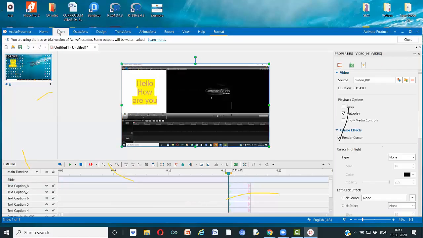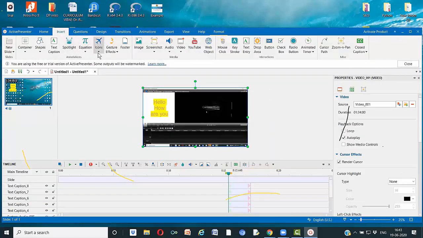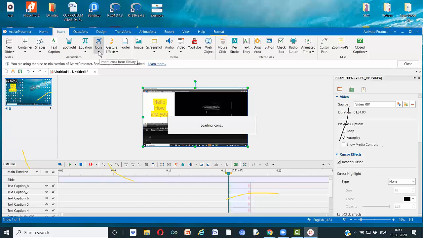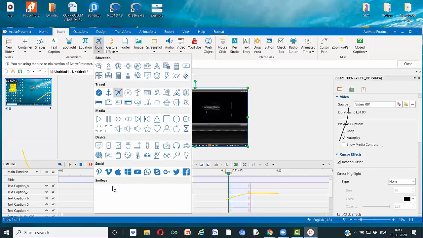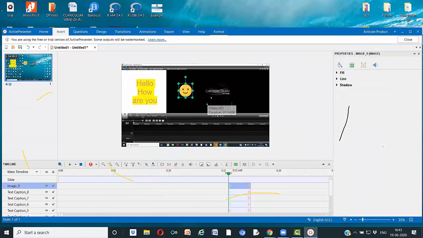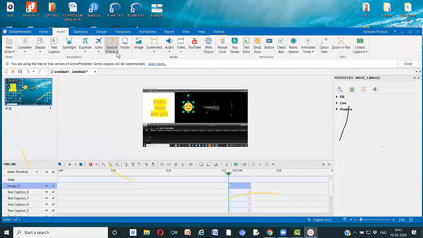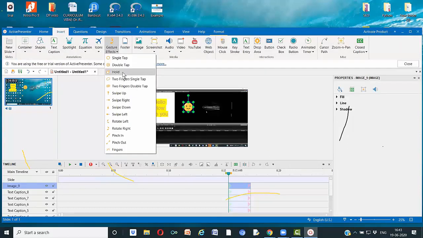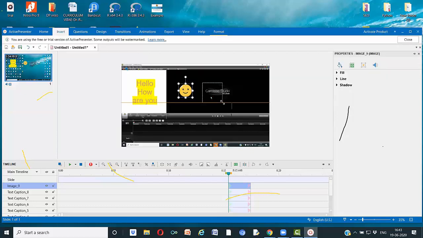Apart from that, I can put some icons also. What icon? Let me tell you. You also have smileys, you can put here. It is not there in your Camtasia or Filmora, but it is inbuilt here. Then you can put some kind of gestures also. Now you see here.